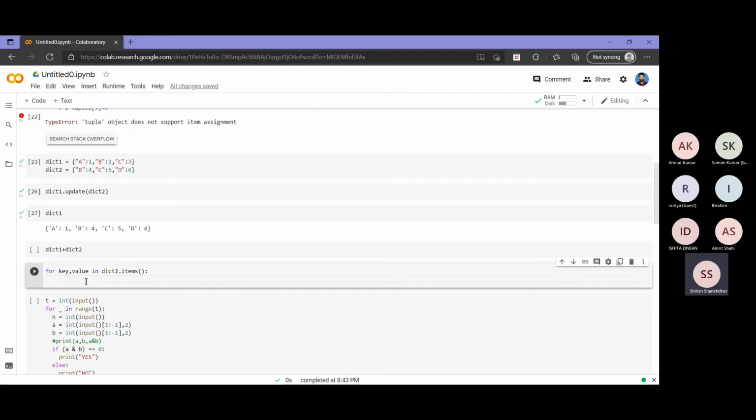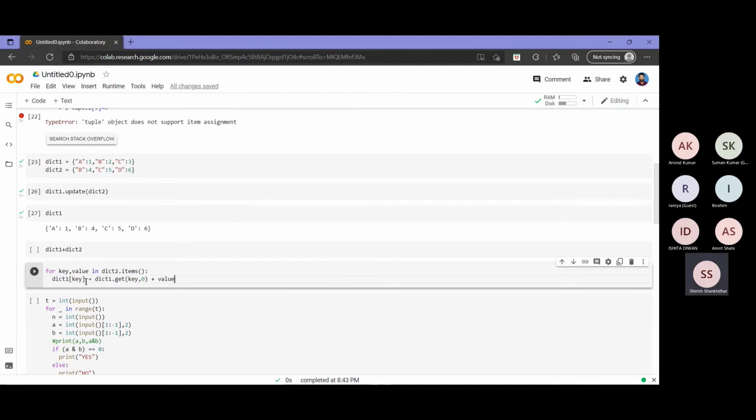Then I will check whether the key is there in dict1. If it is there, I will return that. Otherwise, I will return 0, because the get and all we have gone through in our peer sessions in detail, so you can go through that. Then I will add the value.